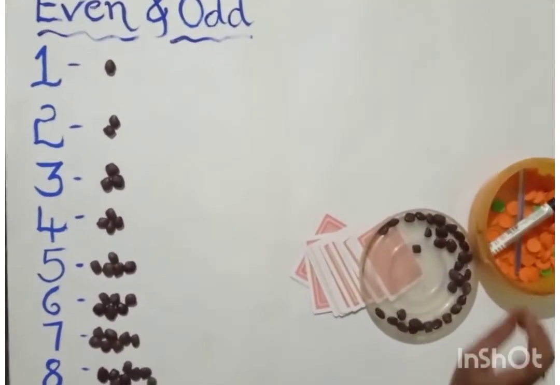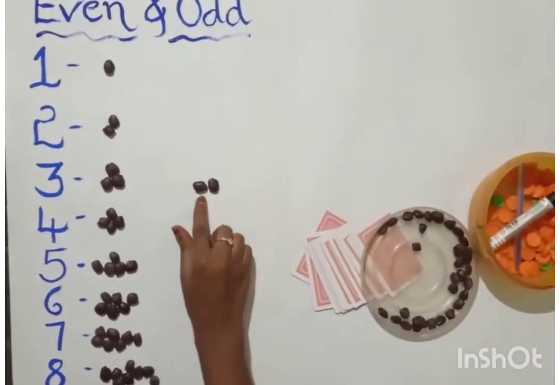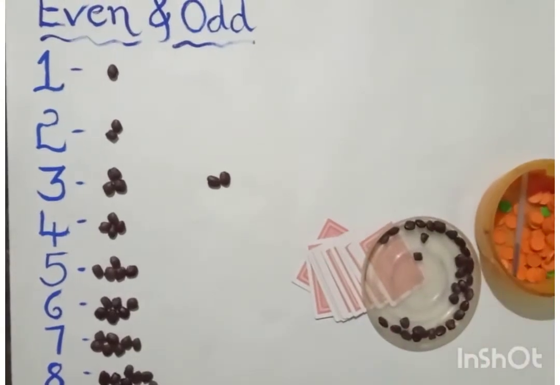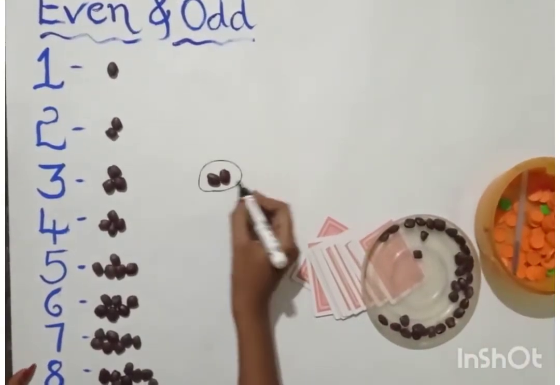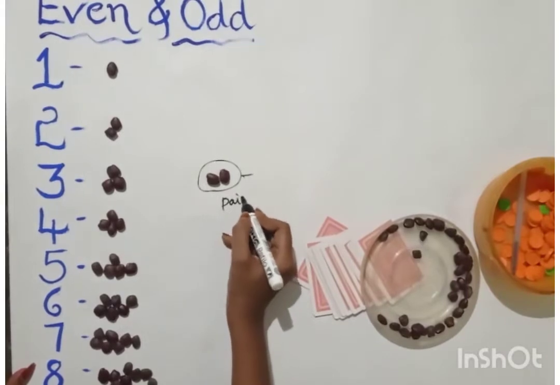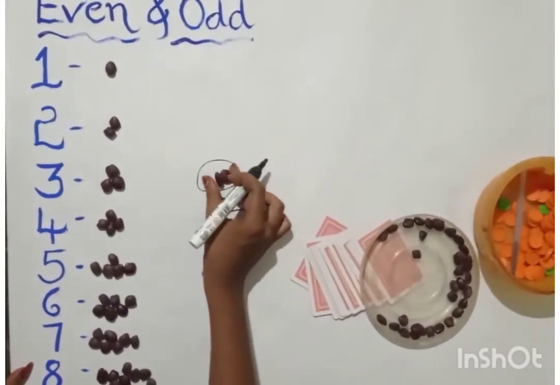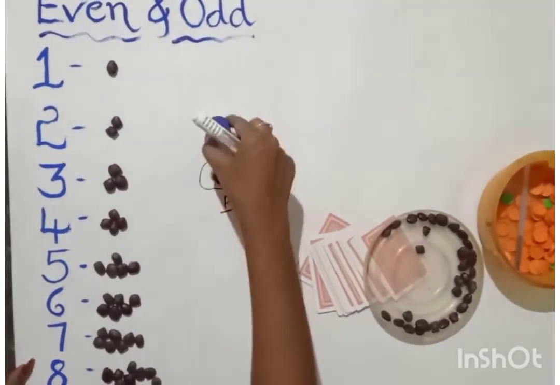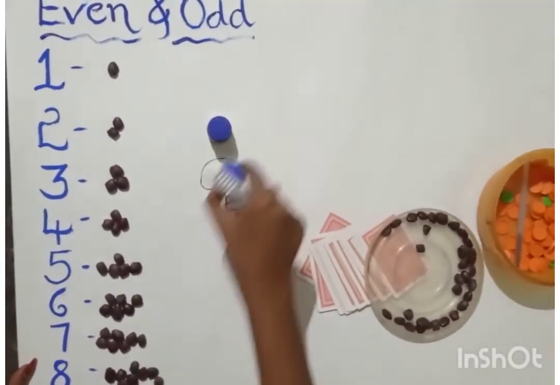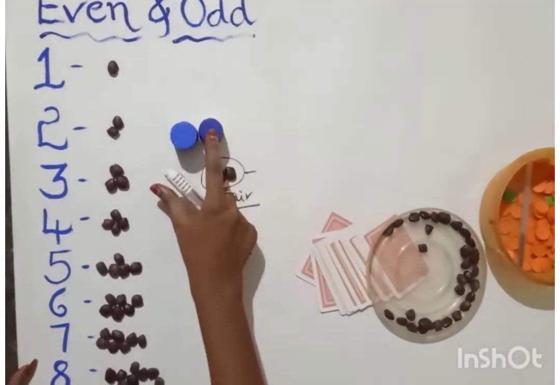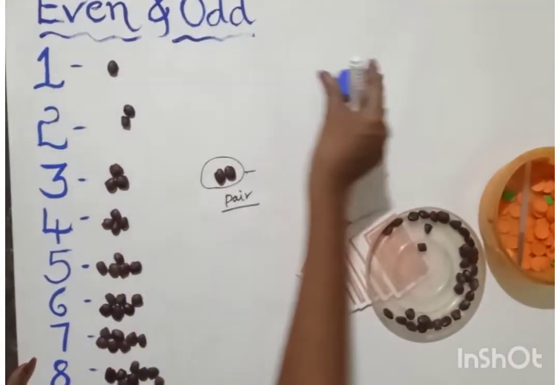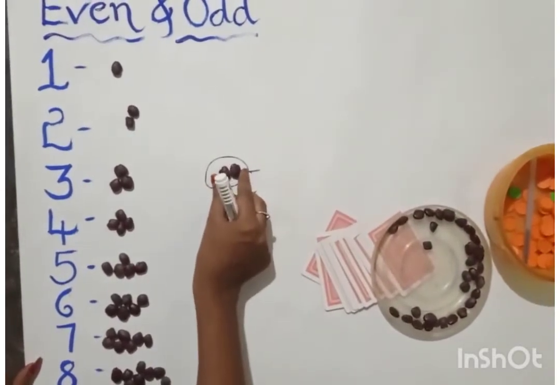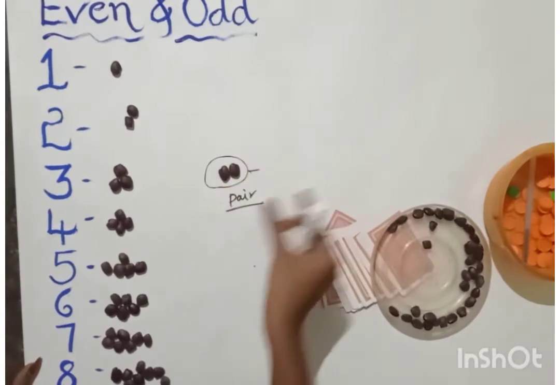See here, now I want to tell you one point. When there is a set of 2, we'll call it a pair. So a set of 2 things we call a pair. Right. A set of 2 tamarind seeds, 1 pair. A set of 2 paint boxes. See here, I have taken blue and blue. So these are two. It means it is one pair. Likewise, we can take any of the things. So two similar things we call a pair.